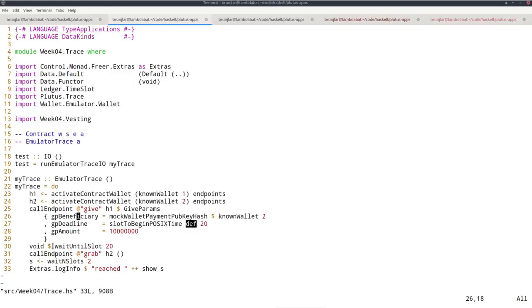Now I wait a bit, so I wait for slot 20 until the deadline has passed. And now the second wallet, using the second handle that was bound here, calls the grab endpoint. If you recall, the grab endpoint only had unit parameters, so it didn't take any parameters. So I can just grab, and I wait another 2 slots,